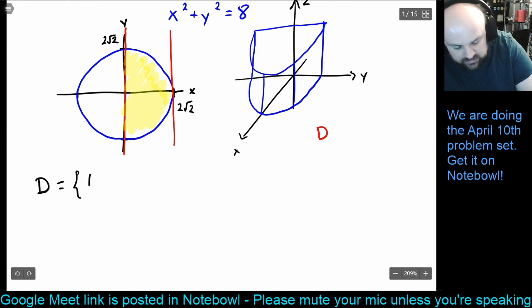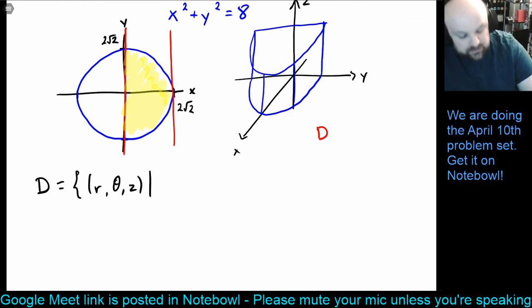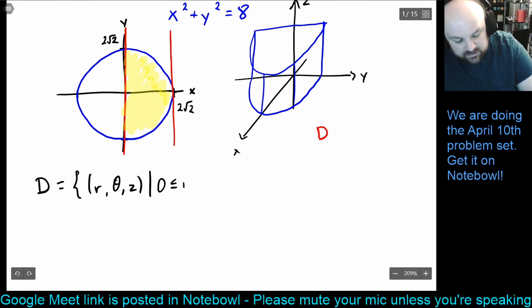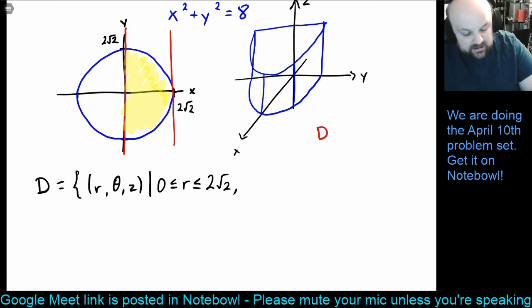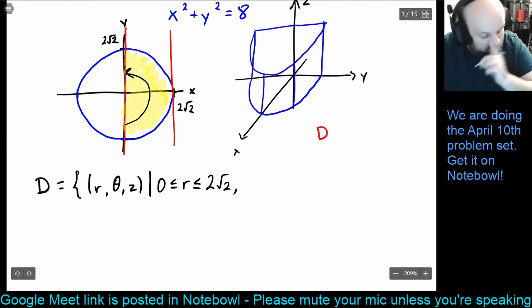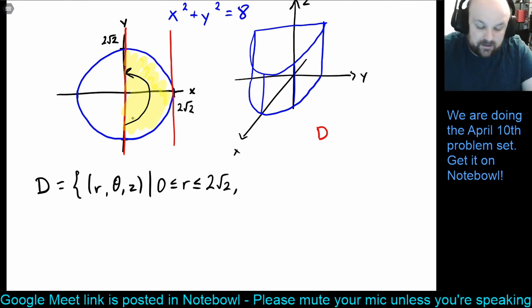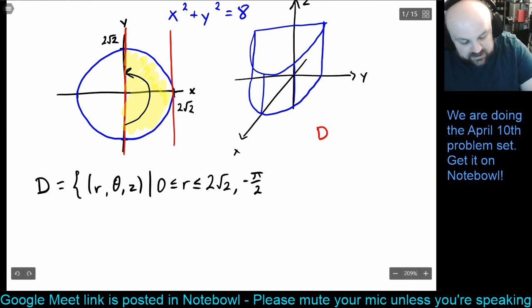D, in terms of r, theta, z. The cylinder has radius 2 root 2. So r goes from 0 to 2 square root of 2. Theta here, we can find in the xy plane. It's got to start down here and end up there. Since we want to go from the negative y-axis to the positive y-axis, this is just going to be minus pi over 2,